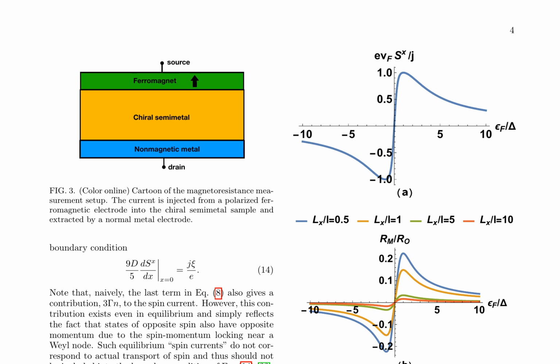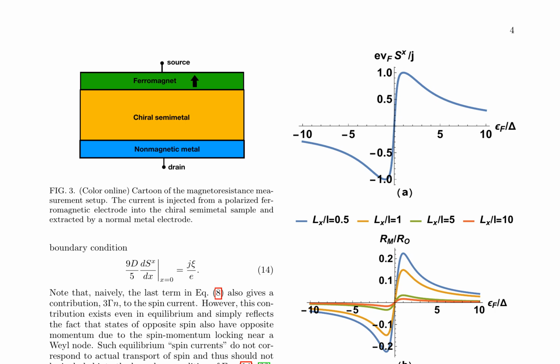The first term in equation 15 represents the intrinsic spin polarization of the charge current, while the second term represents the extra spin density injected from the ferromagnetic electrode. The voltage at a distance Lx from the magnetic electrode in response to the injected current is given by equation 16, which includes both ohmic and non-ohmic contributions. Ohmic contribution is given by equation 17, while the non-ohmic contribution is given by equation 18.